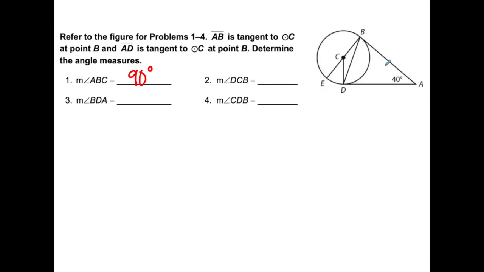DCB. Well, remember, we know that the measurement of this has to be supplementary with the measurement of this. So if this is 40, then DCB needs to be 140 in order for them to be supplementary. Now, I'm going to do this out of order because I'm not sure necessarily off the bat. I'm sure there is a way, but I'm struggling with how I'd find BDA. But if you observe how this and this are both radii of the same circle, and radii of the same circle are congruent,